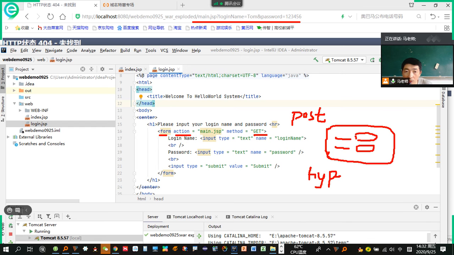Hyperlink. So the hyperlink is not only created by the static things. That's a static web page. And now we use dynamic things. So the dynamic means